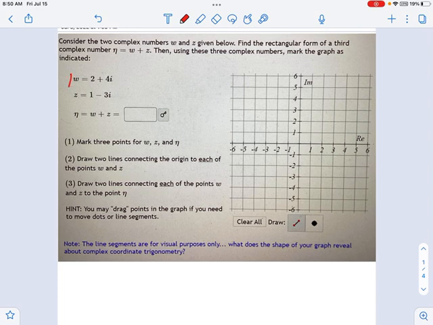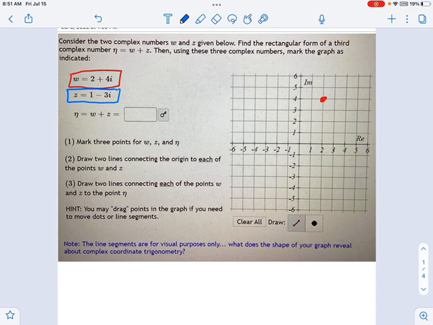W equals 2 plus 4i. Well, the real part is 2. So that's going to be somewhere over here. And the imaginary part is 4. So that's going to be somewhere over here. You see where those intersect? It's going to be right there. So there's W. And now, if I do the next one, which is going to be in blue, z equals